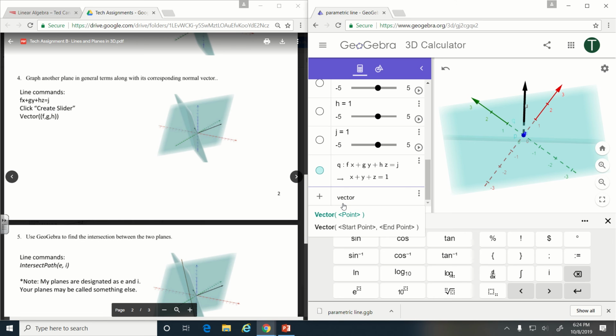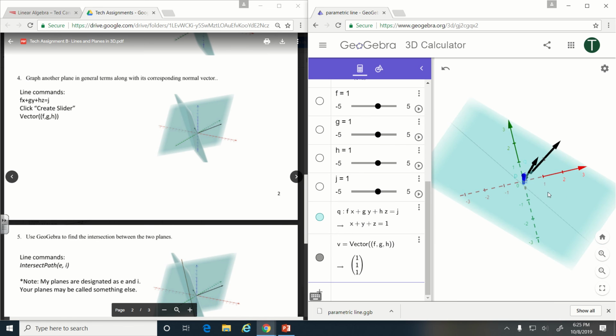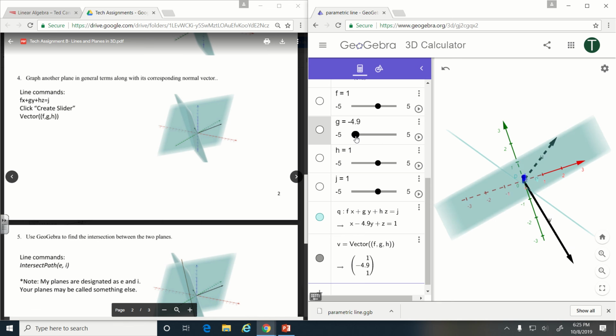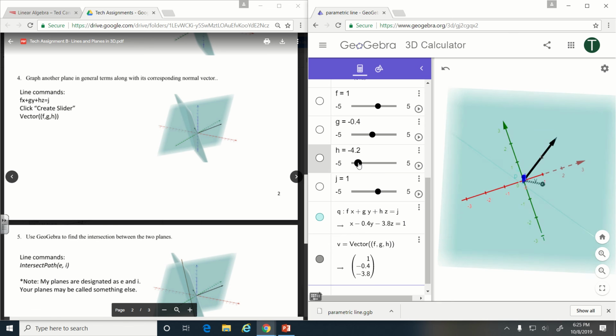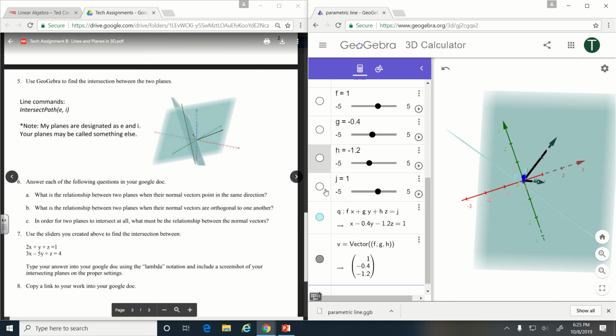I want the orthogonal vector for both planes, because I not only want to see how the planes relate to one another, I want to see how their orthogonal vectors relate to one another. All right, and so you could play around with orientation, you could play around with coefficients, and see what's going on. All right. Another thing that GeoGebra will do for you, it's a really wonderful thing, it'll compute the intersection